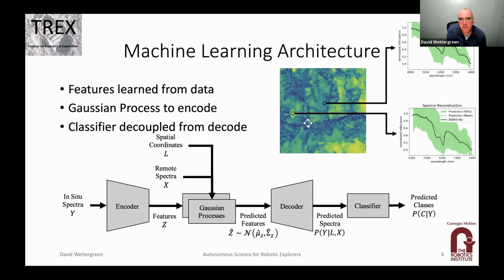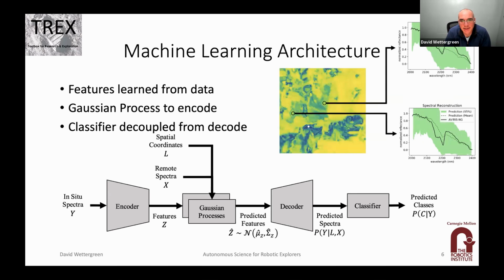In order to have a robot do something useful with the data that's measured by an instrument like the ASD spectrometer, or this data you're seeing here is from the AVARIS instrument, it has to encode it in some form, and it has to have a way to extrapolate from individual measurements to the larger area. So we do that by applying some machine learning algorithms. Many people have heard of deep learning and the magic that happens inside these deep networks. So we're trying to harness that magic